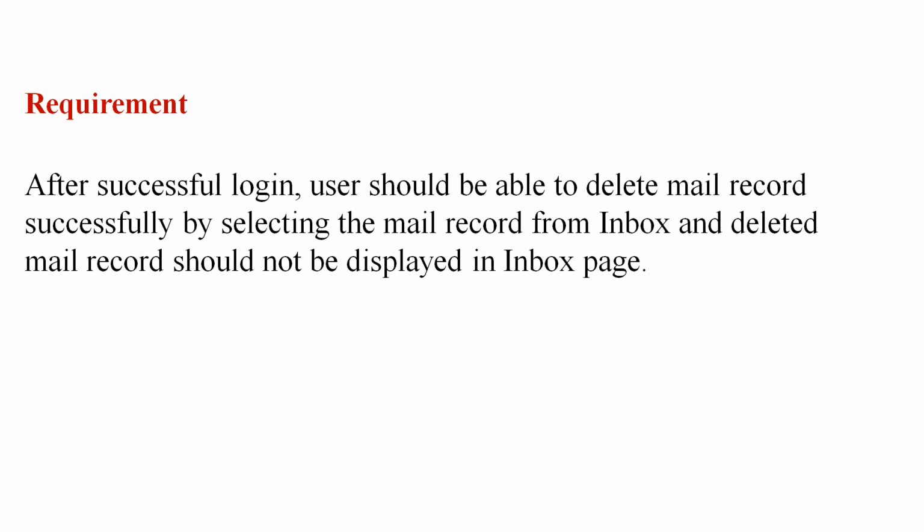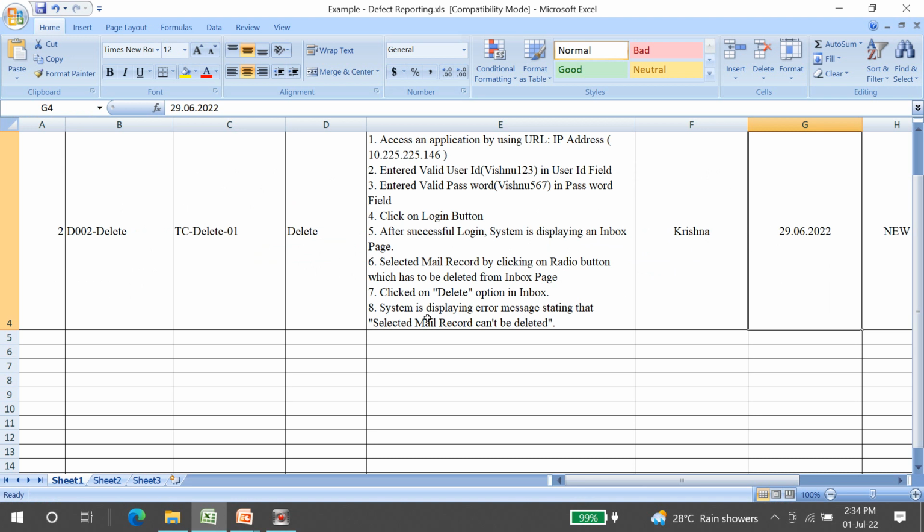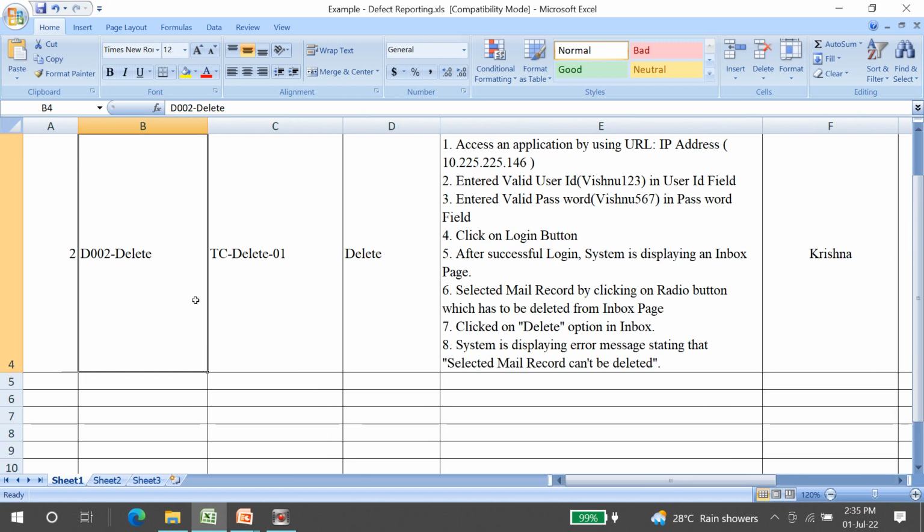Clear? Now see here, how to write the defect for this. Say I, as a software test engineer, have found the defect. We have to write the defect description like this. Serial number 2, this is the defect ID, D002-delete, because delete is the name of the feature or functionality,